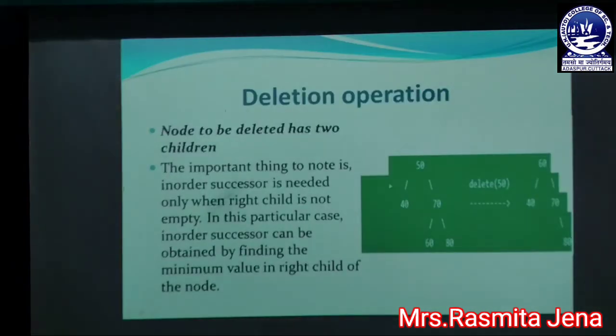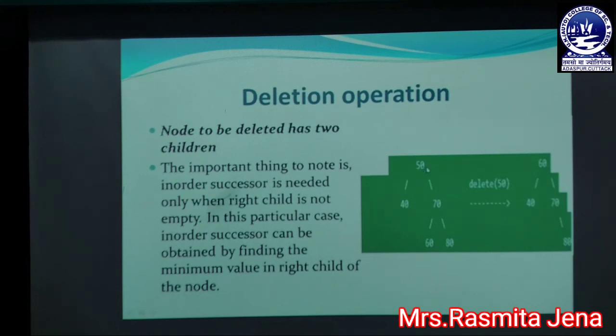So let us say one example, the node to be deleted has two children. Consider this is our BST. Suppose we want to delete the node 50, and the important thing in this case is that the in-order successor is needed. That means first we traverse this BST by using in-order traversal.